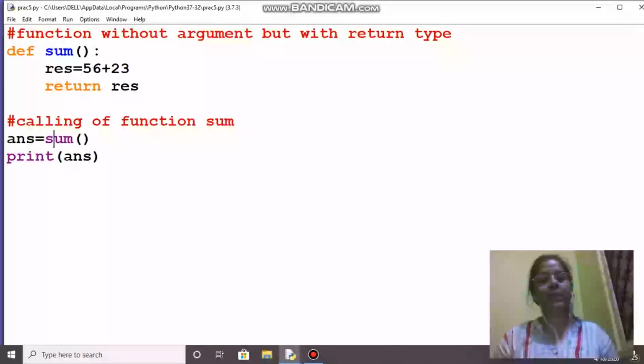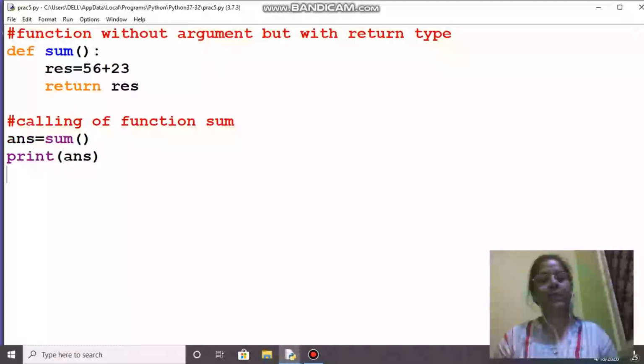Right hand side of equal to, first we will see what is happening. From the right hand side the function is being called and the execution jumps to this location where I have highlighted, and then a variable I have taken, any value I have taken to add, and then return res. So res value will be returned to ANS.